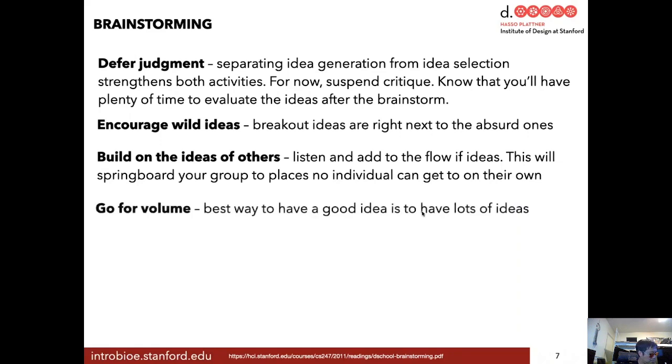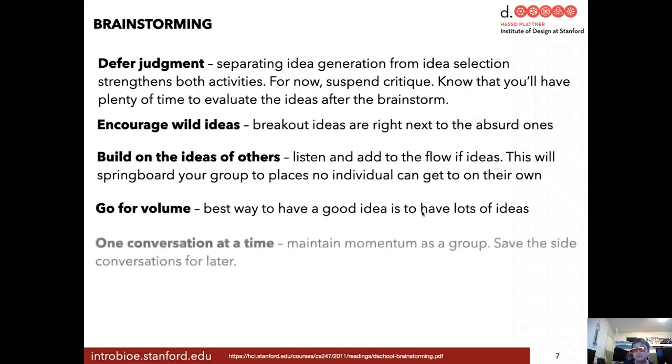It's amazing. Go for volume, not loudest volume, like not up to 11, but go for as many ideas as possible. And so we're going to challenge you in this part of the project, wait for it, to come up with 100 bioengineering project ideas. And we mean it, right? Go for quantity. And once you get into the flow, it'll be no problem.